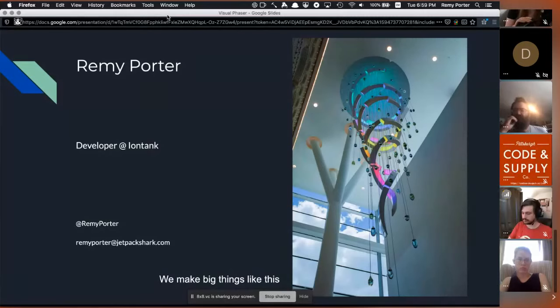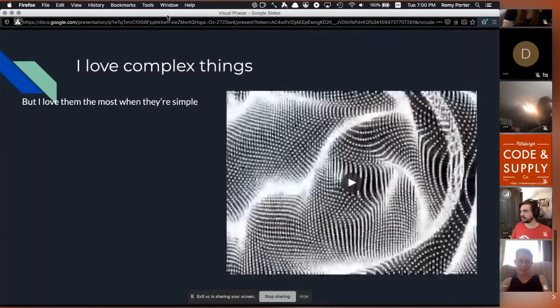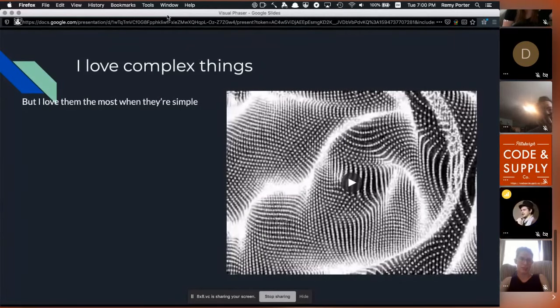There's a lot of parts, as you can see from the picture, and a lot of complexity to the software. It's one of those big projects that is really satisfying to work on, but it required a lot of time and a lot of energy. And there's a certain part of me that's like, but I'm lazy. I didn't become a programmer because I like to do work. So as satisfying as that was, I love building these complicated things, but I really love to build a complicated